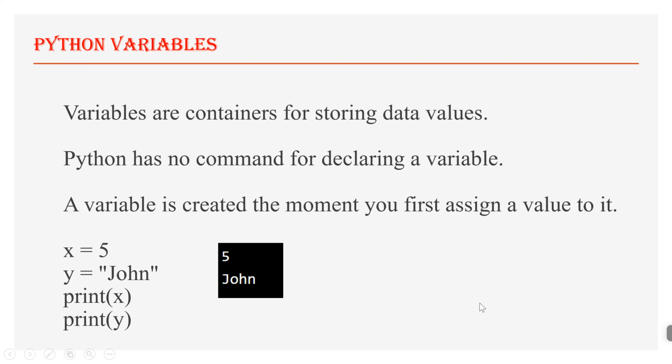And in Python, one very important point to note is that there is no command for declaring any variable. It should be written in golden words. Unlike C++, C or other procedural languages, wherein you may have to specifically define the type of the variable. See this example, if I say x is equal to 5,